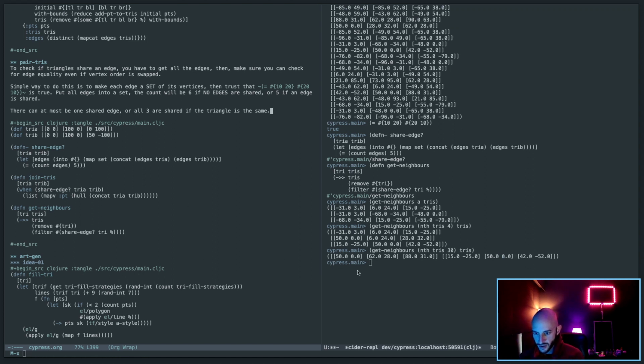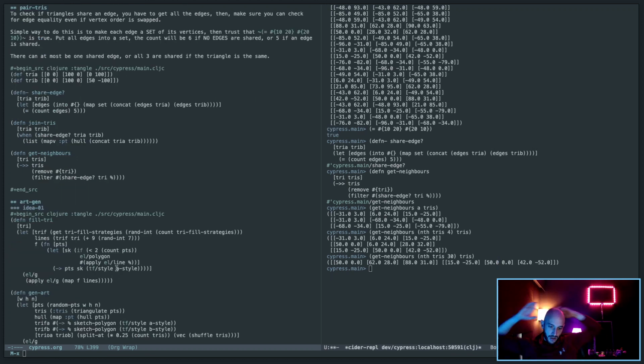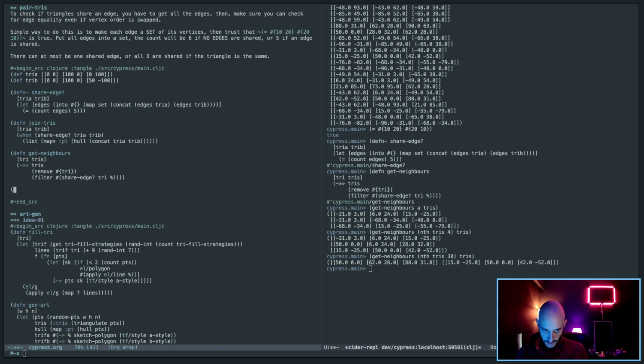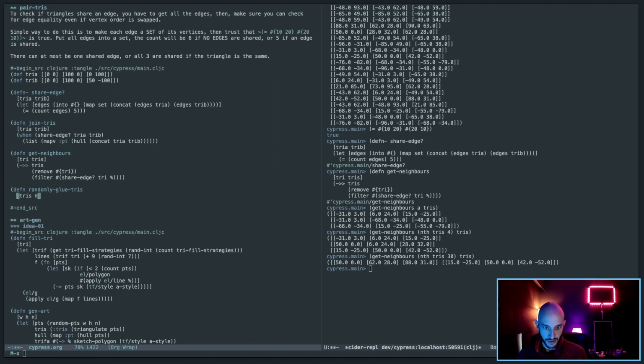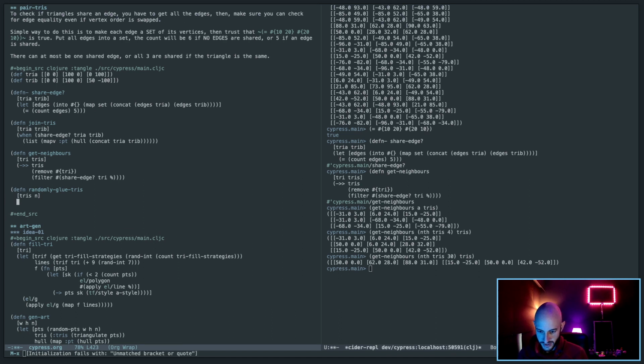Okay, so that's pairing triangles. That works just fine. Now, what I want to do is create a little, what do I call it? Randomly glue tries, then the number to glue. Okay, so given a set of tries,